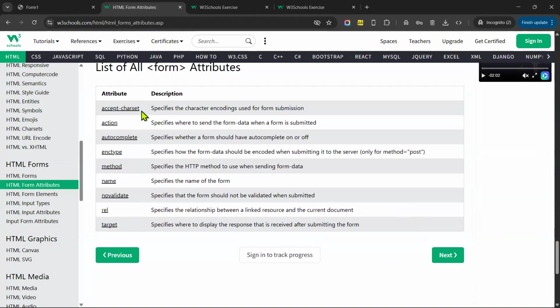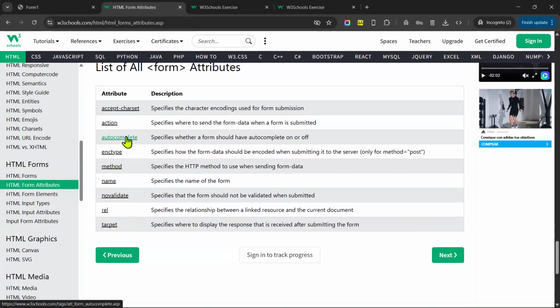I'll go and just read them. Understand? Read all of them. These are other forms of the action. These are autocomplete, encryption. If you want your data to be hidden or encrypted before you send it. Understand? You see the name that I was talking about. So now